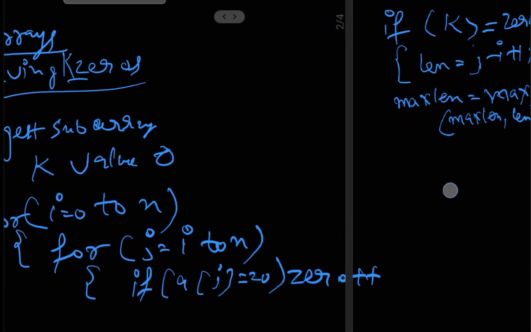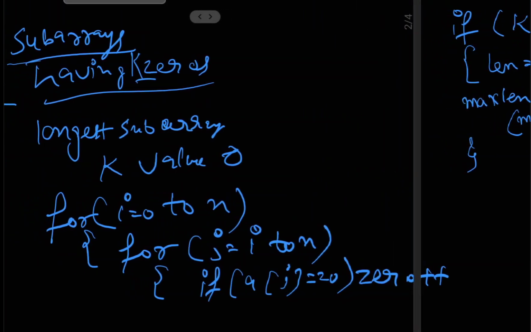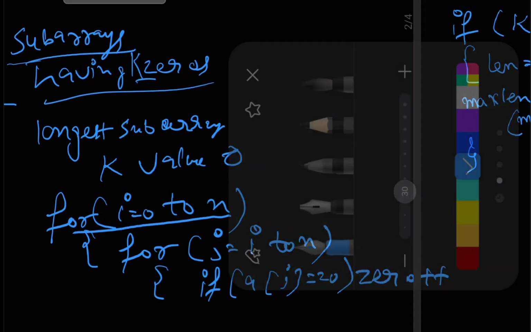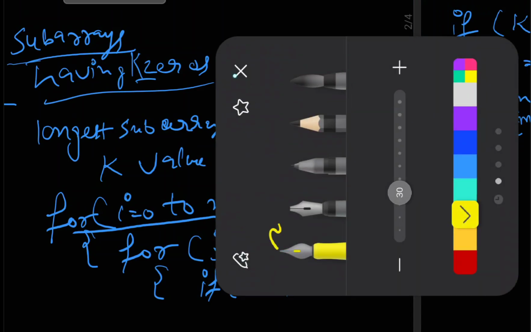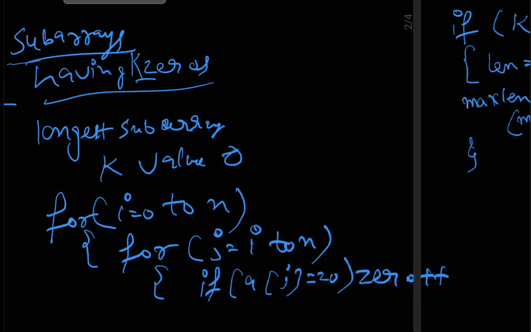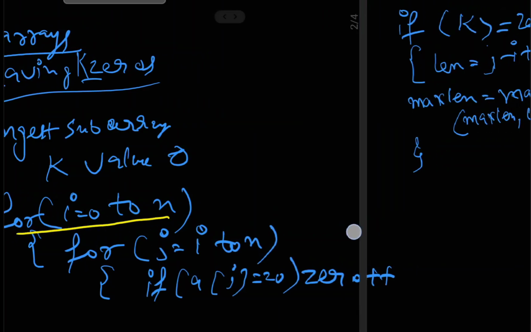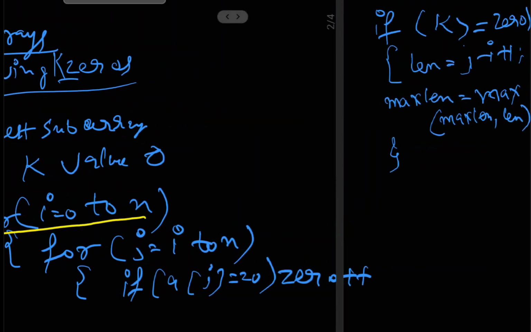Okay, and end of the curly braces. So what I am trying to do, I am applying a for loop. I am changing the color so it will be more clear to you. I am applying a for loop, a nested for loop, and I am checking all the